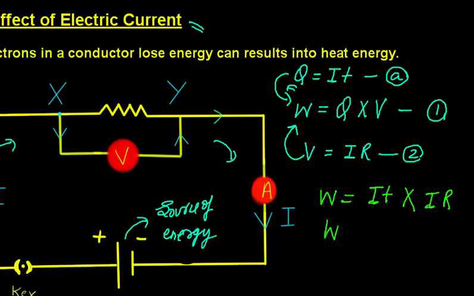So friends, in this manner we can see a formula being deduced here: W equals I square R T. So friend, if this is the amount